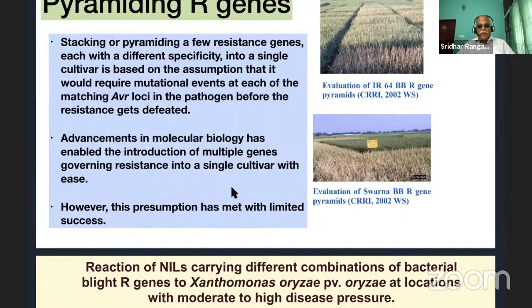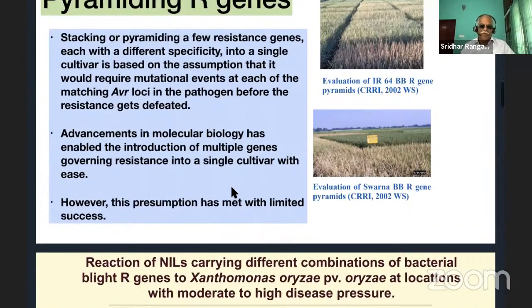Dr. A.K. Singh has very well utilized this technology in developing basmati lines, and at the Indian Agricultural Research Institute and Central Rice Research Institute, several lines which are resistant to blast as well as to bacterial blight. These gene combinations have been prepared, and they are all in the farmer's field.